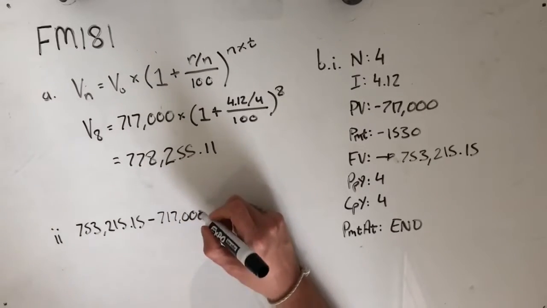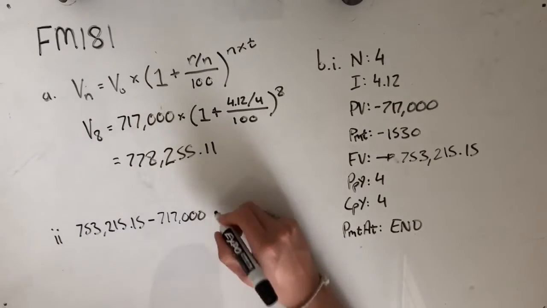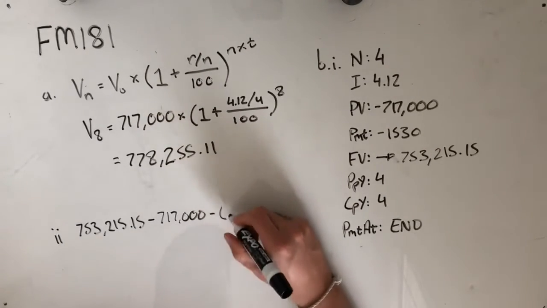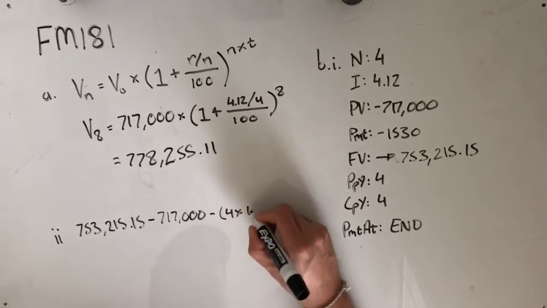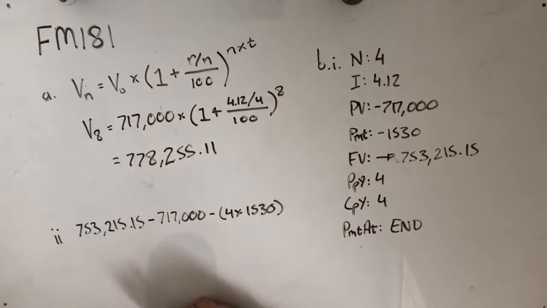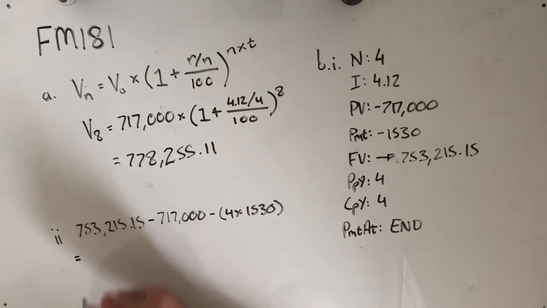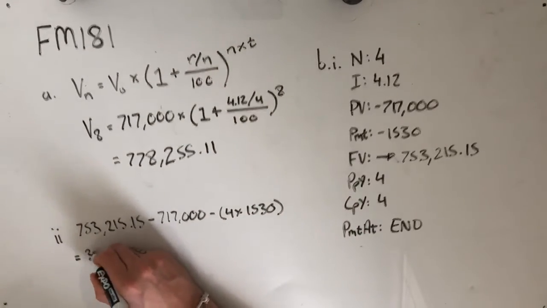And here's the slight trick to this question. We also have to subtract the payments that he's made. So we have to subtract the 4 payments of $1,530 that he's also injected into that account. That will leave us with only the interest. Plugging this into a calculator should leave you with an answer of